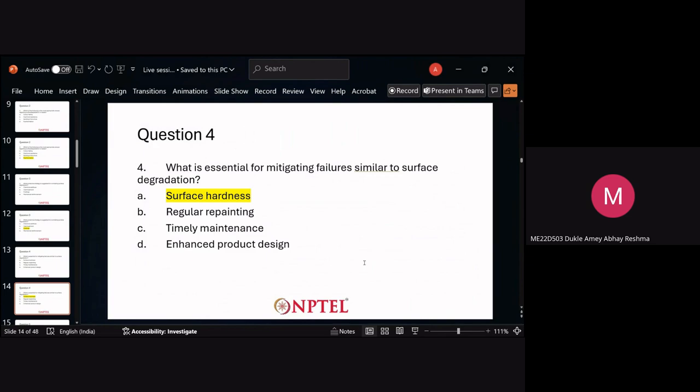So the answer here is surface hardness. What happens is when you increase the surface hardness, it becomes more resistant to wear. When the surface is hard enough, or strong enough, it cannot be penetrated by mechanical force. More mechanical force is required for chemical degradation. So that is why surface hardness is one of the major parameters in